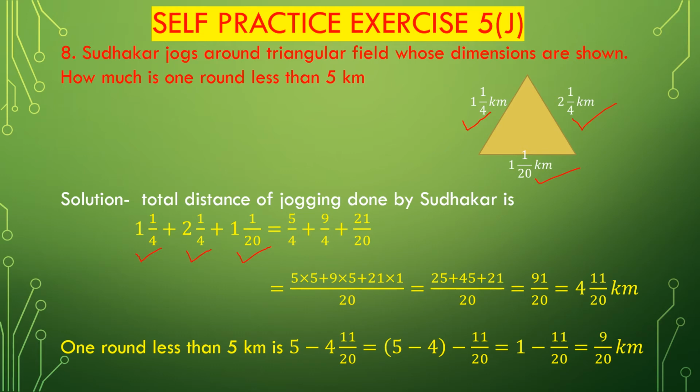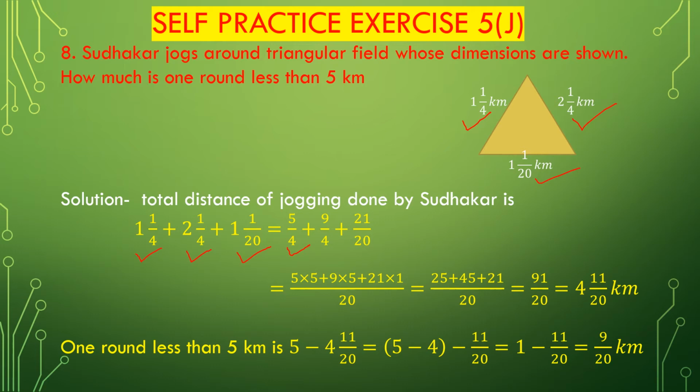1 1/4 to an improper fraction. We know to convert to an improper fraction, multiply the denominator with the whole, then add the product with the numerator. That is, multiply 4 with 1 is 4, 4 plus 1 is 5, 5 divided by 4. 5/4 is the improper fraction of the mixed fraction 1 1/4.